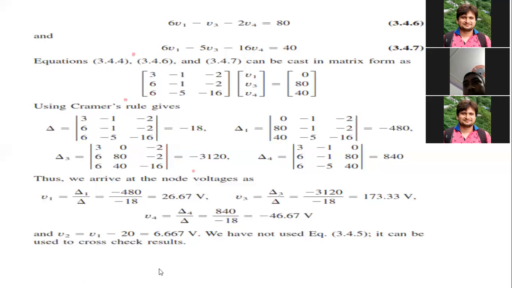Just a summary of how to go for super nodes. Whenever we have voltage sources in between 2 non-reference nodes, we have to go for a super node, and we write the KCL, replacing the currents with voltages. After that, we want some more equations, and for that we apply KVL in those loops. So with the help of Kirchhoff's voltage law, we get more equations, and with the help of all those equations, we can solve for V1, V2, V3, whatever the variables are.